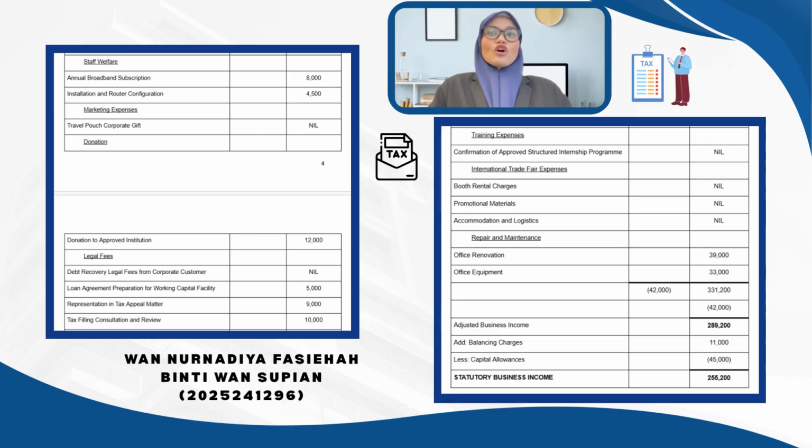In addition, office renovation cost of RM39,000 and office equipment costing RM33,000 are capital expenditure, so they are not deducted as business expenses. After making all the required adjustments, the adjusted business income is RM289,200. Then, a balancing charge of RM11,000 is added, while capital allowance of RM45,000 is deducted. Therefore, the statutory business income for the year of assessment 2035 is